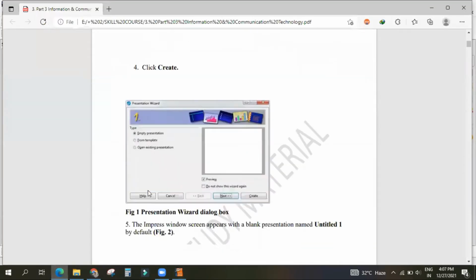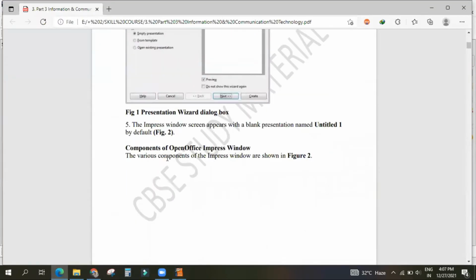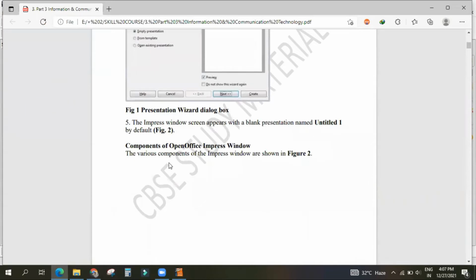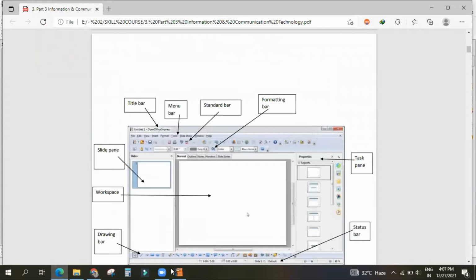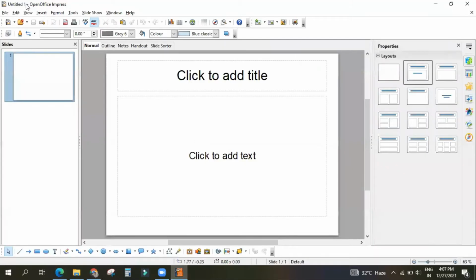This is how to open OpenOffice Impress. Then what are the components you see? What is this? It is written on title. That means this is which bar? Title bar. What is the second one?